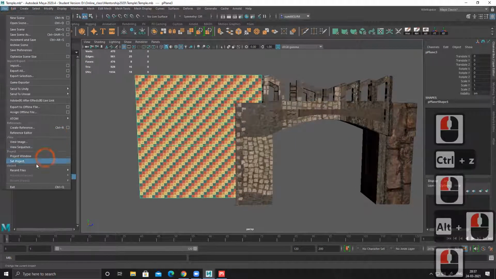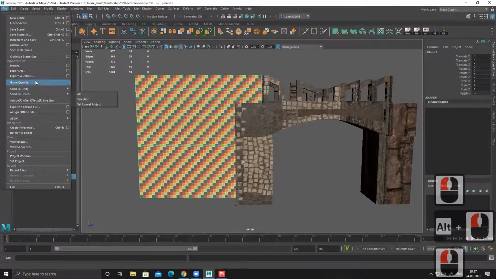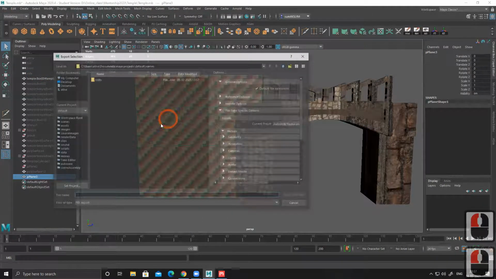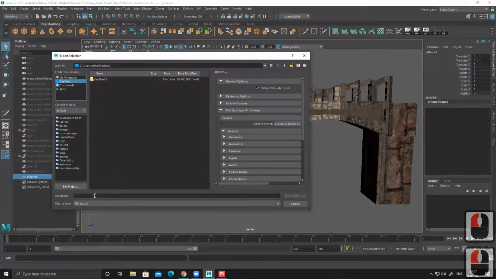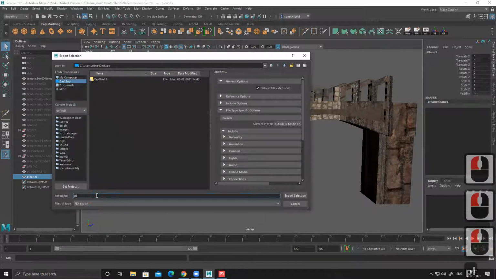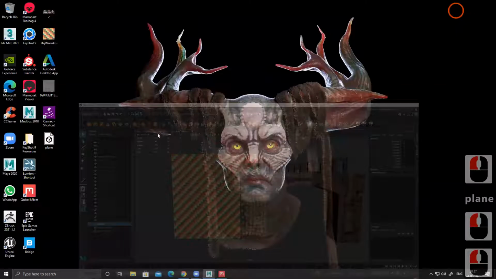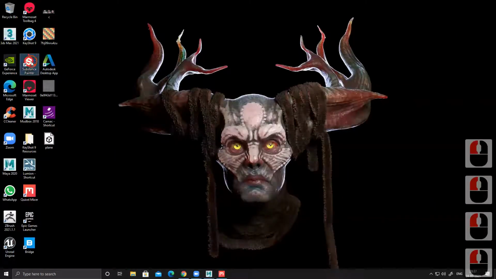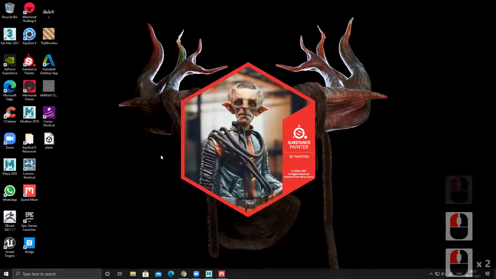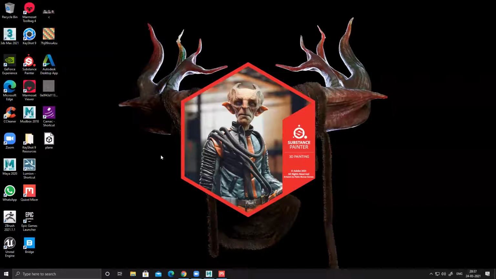There are two ways to create this. First, let's use Substance. Export selection, desktop. This is my plane. Selected, done, and go to Substance. Let it open.